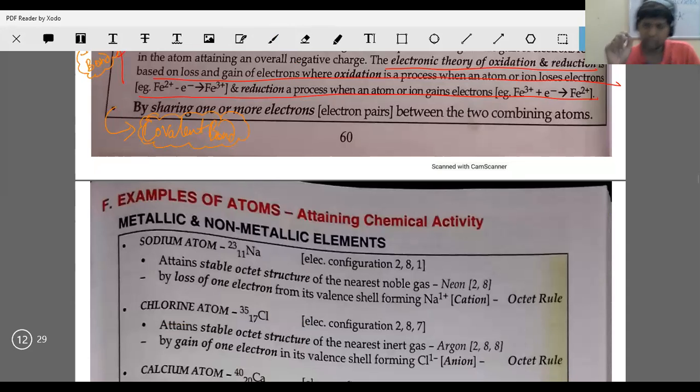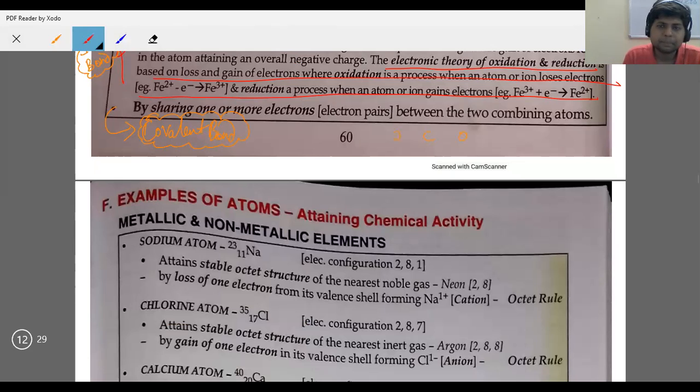So all of you would have studied dot structures, right? CO2, for example, carbon, oxygen. How many electrons are there in the outermost shell of oxygen? 6. Lewis dot structure. Carbon has how many? 4. So they are going to overlap 2 electrons of carbon and 2 electrons of this oxygen. Similarly, 2 electrons of carbon. So this is called sharing, right? But carbon shows the property of catenation.